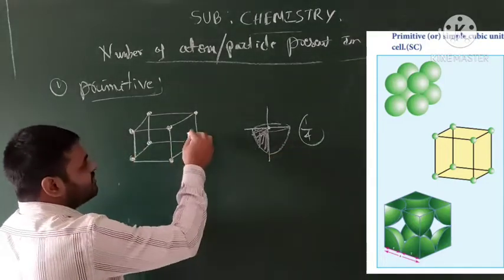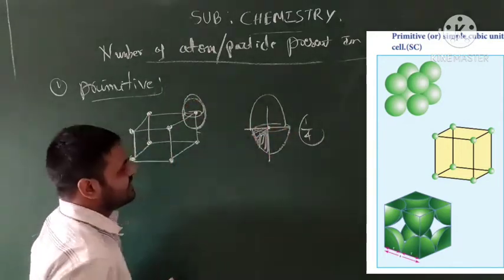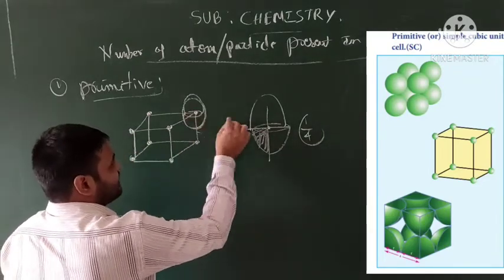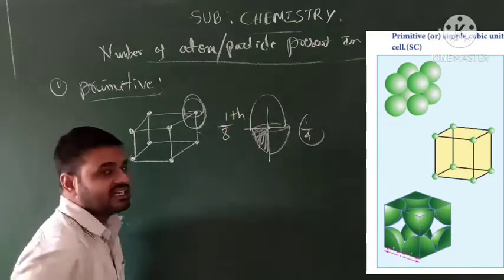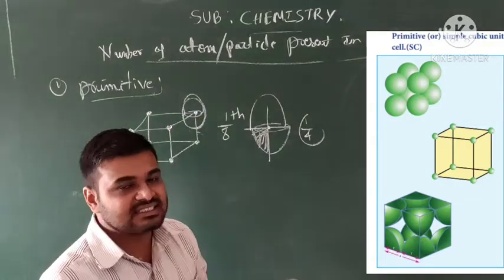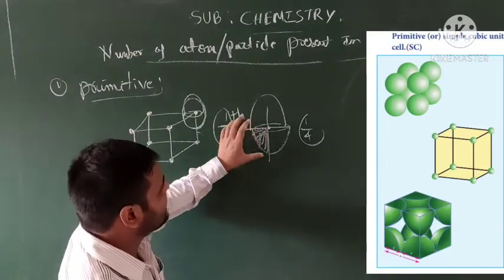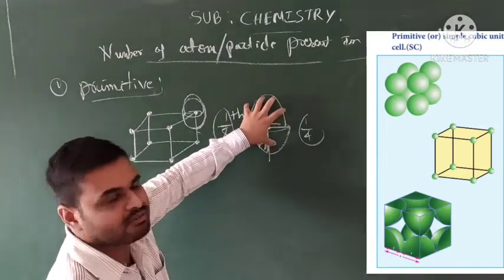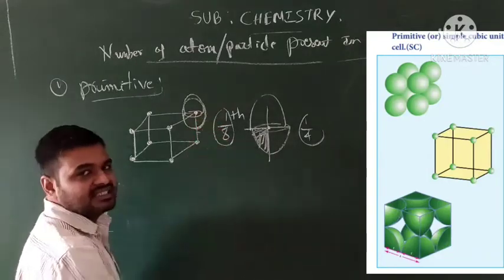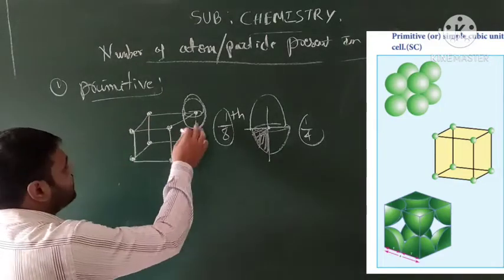Okay, how much atom is there? Completely one ball is one full atom, and the remaining is 4 parts. So that makes one atom containing 1/8 at the corners. For a corner atom, its involvement inside this cell is 1/8. Half of the ball we can observe as 1/4. One full atom we can consider as one full ball. Each corner has 1/8 of an atom present. Okay, this is what we said about primitive unit cells.